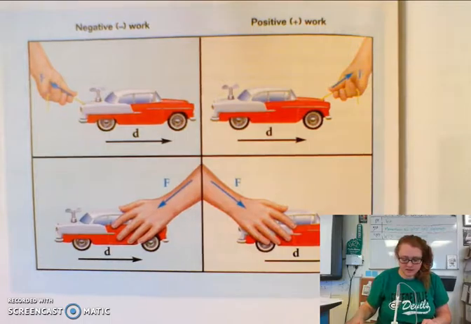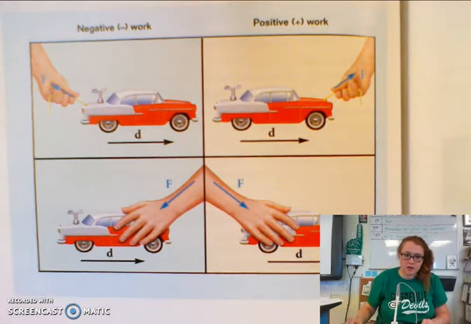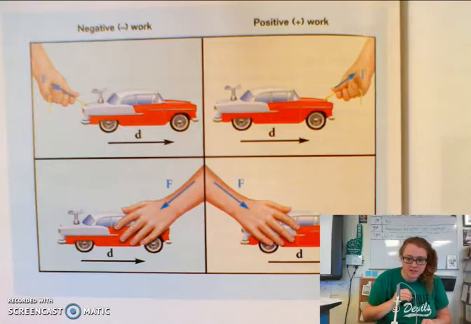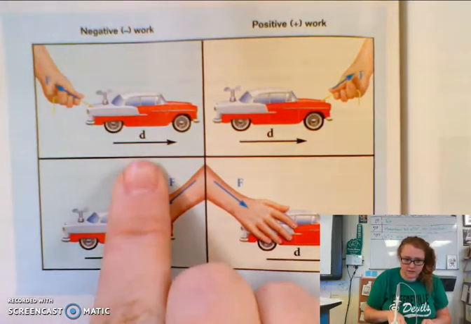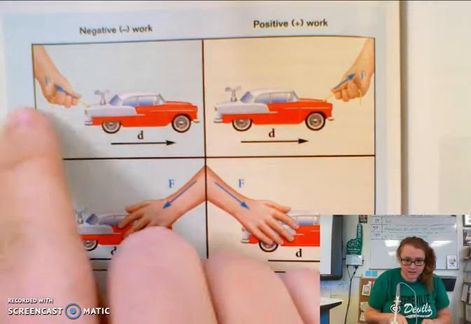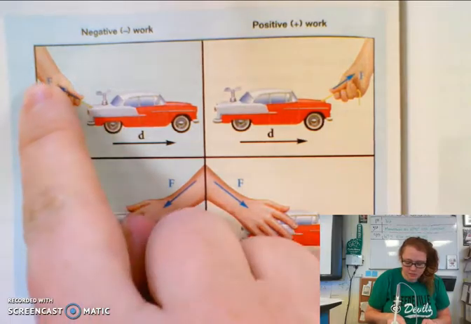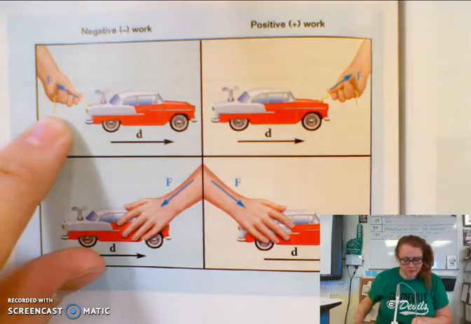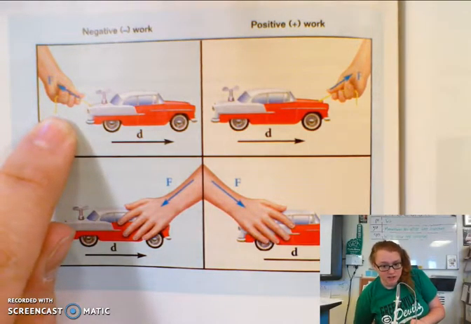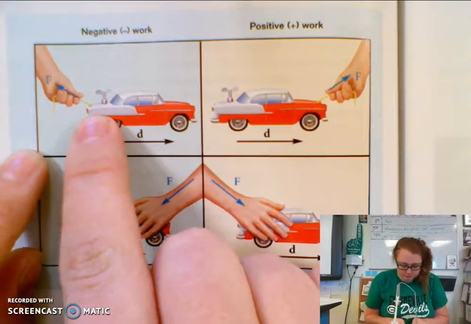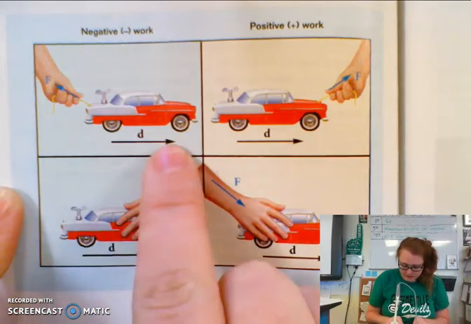Okay, now let's look at the sign of work. So here's a nice little picture. Negative work occurs when the force in your displacement axis is actually opposite direction of your displacement. So let's look at this example. We have a car moving to the right, but we have a force that is pulling it at some angle. So this component would almost be slowing it down, so it's doing negative work. It's not assisting in that change of motion. So our force is opposite of our displacement.